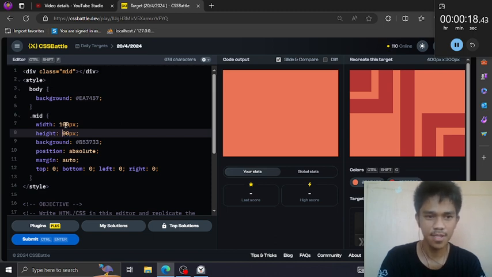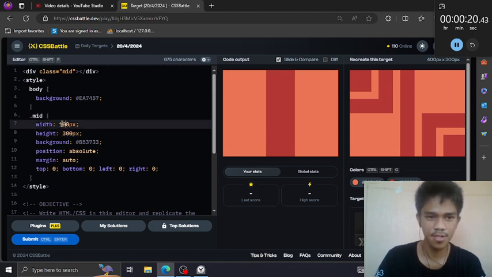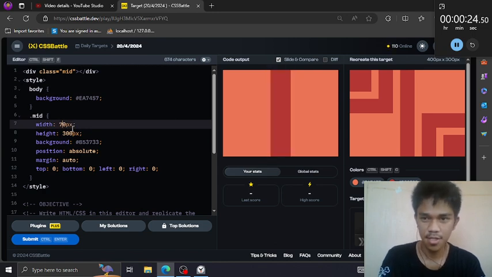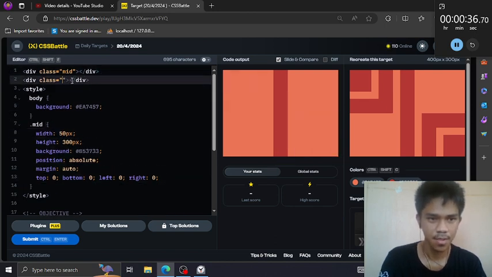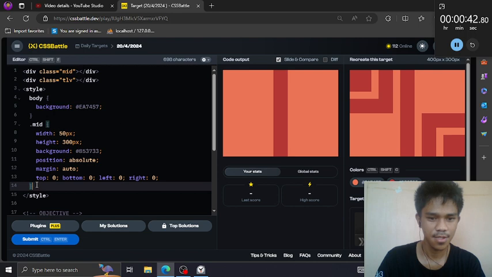The height of this container is 300, of course, and the width, let's reduce it like this. And then let's do the top left. TLV for top left vertical.